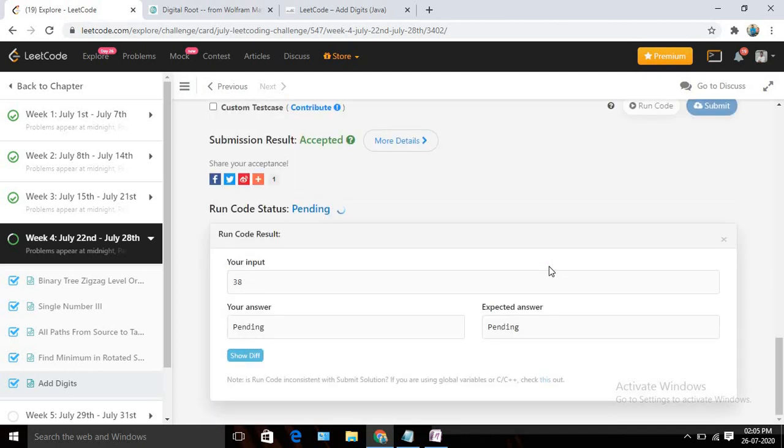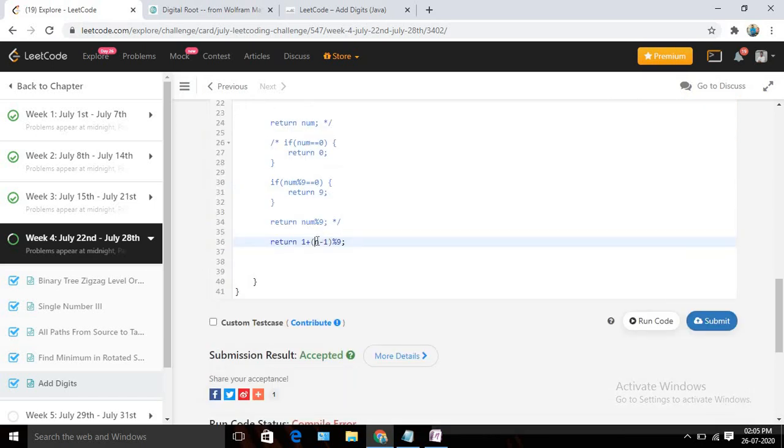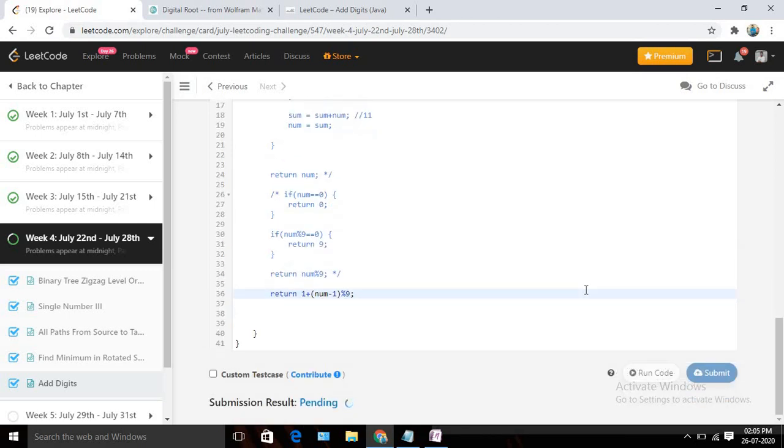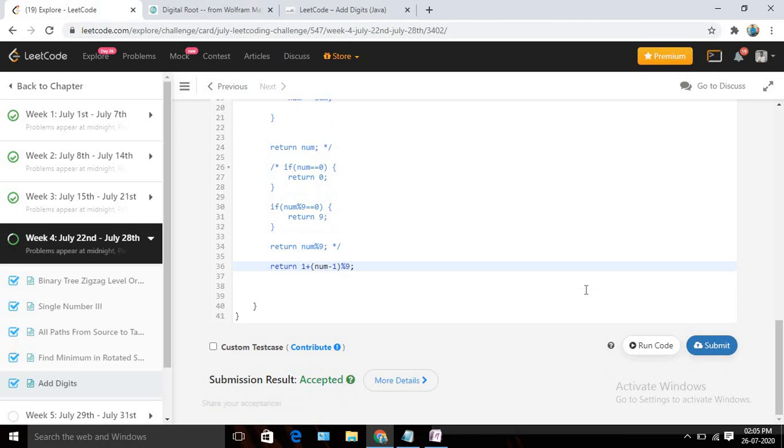Let's check it now. Sorry, it should be num only. Okay, now let's submit our answer and check. Yeah, you can see it's again accepted. Why are we doing this, number minus 1? To support these kinds of edge cases. My number can be divisible by 9 also. To handle those scenarios, we are just subtracting 1, then performing the modulo operation, then adding 1 again, right? So basically those two are the same. Earlier we were writing two if conditions, but here we can reduce it to one line. So that's pretty much for this video.